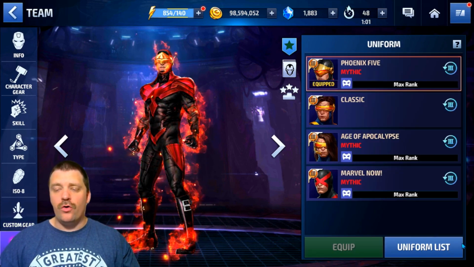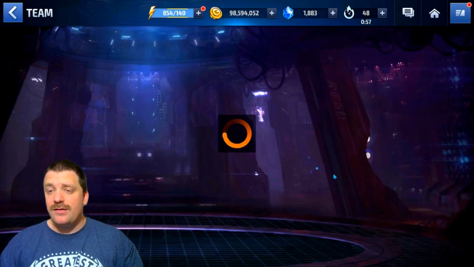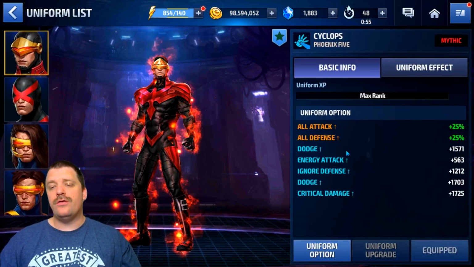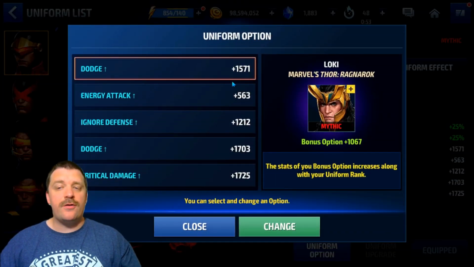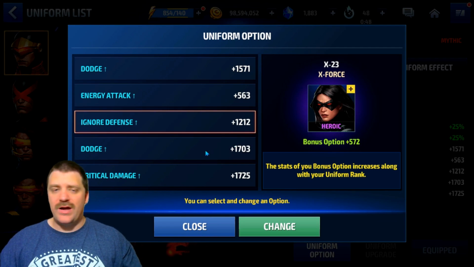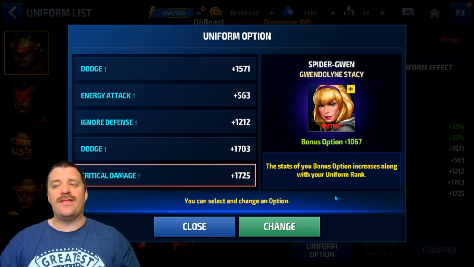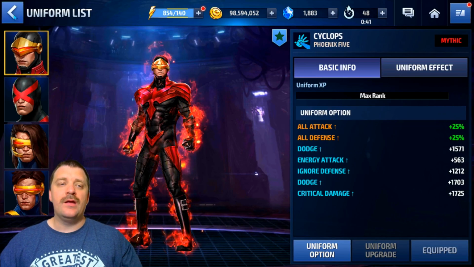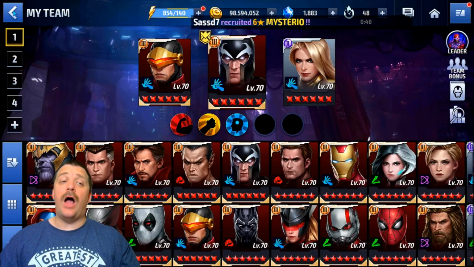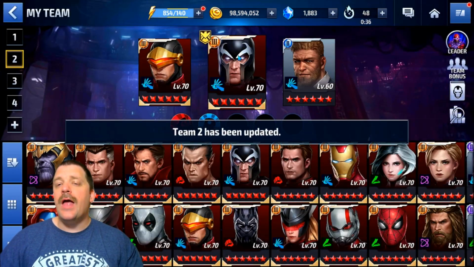If we look at the uniform really fast, we have all the uniform bonus here: Mythical Loki, Mythical Ant-Man, Eric, X-23, Mythical Emma Frost, and Mythical Spider-Gwen. Now if we go with the other team...